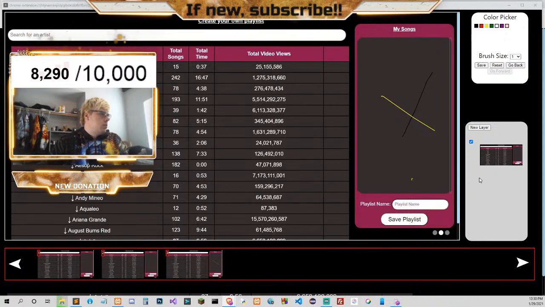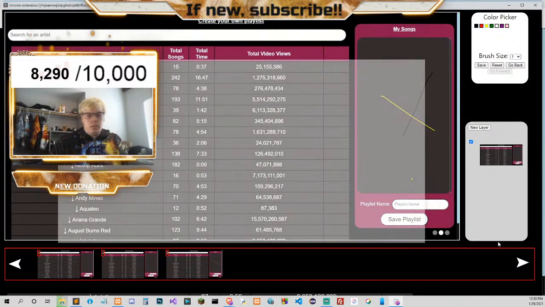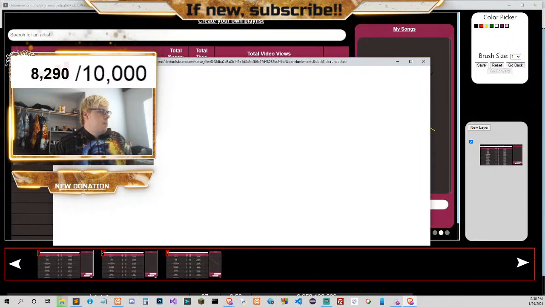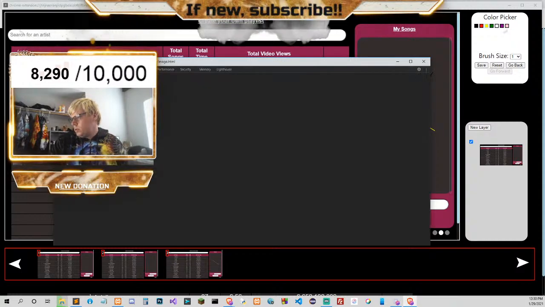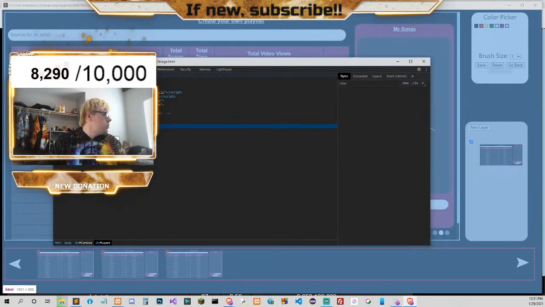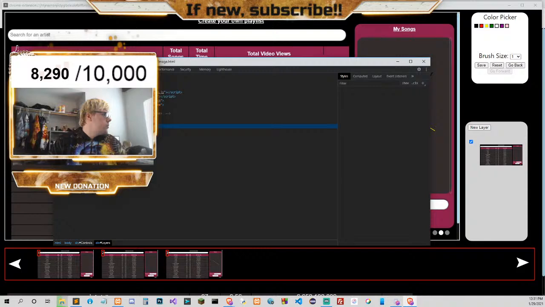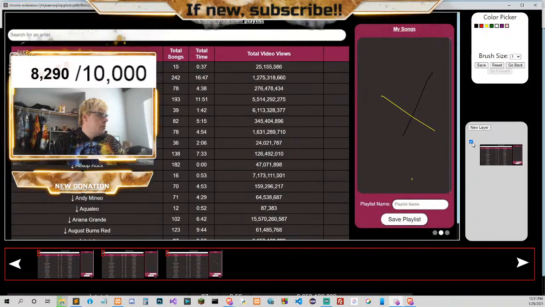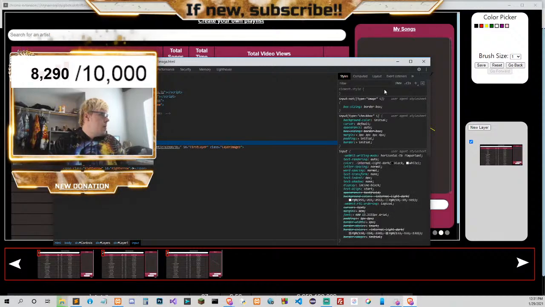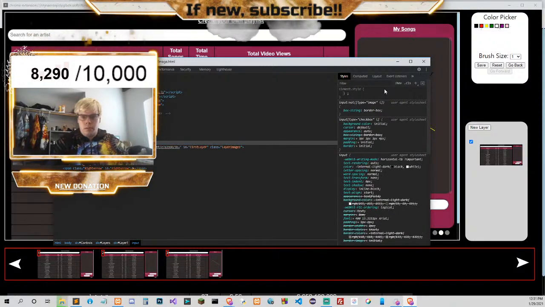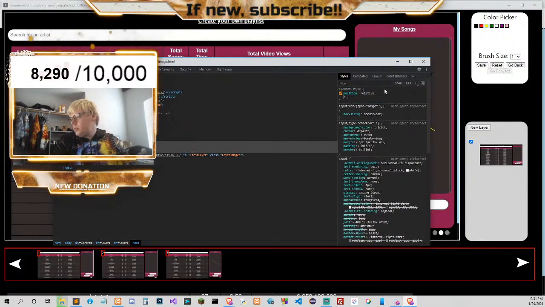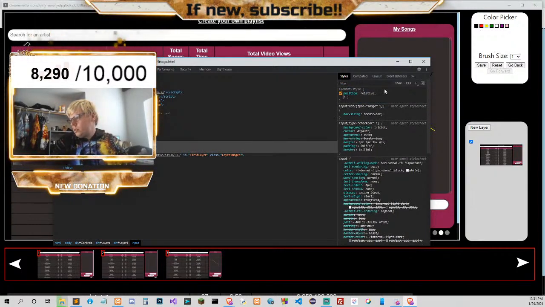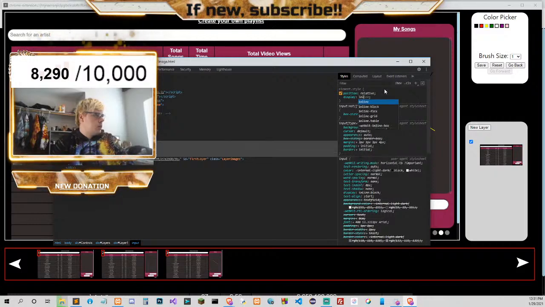Let's see, let's open up the code here. What is this? Position relative. Do we do, is it this position relative? We do display inline block.